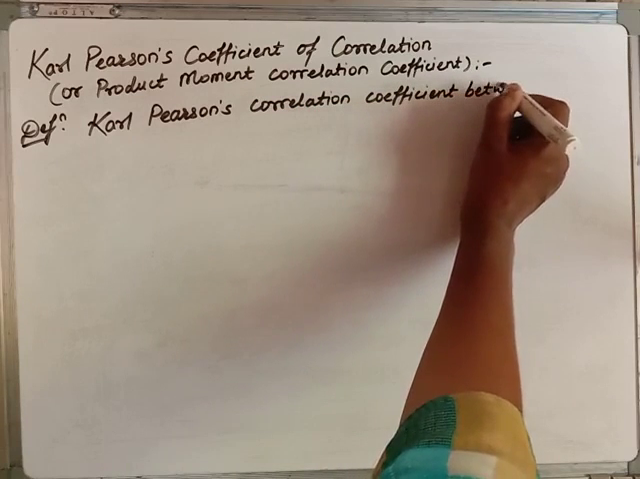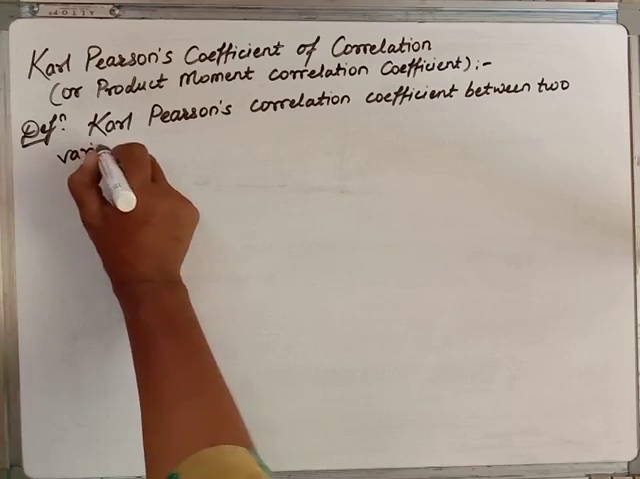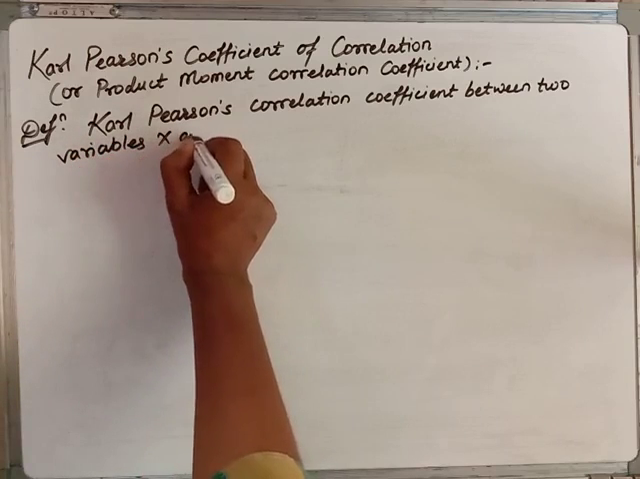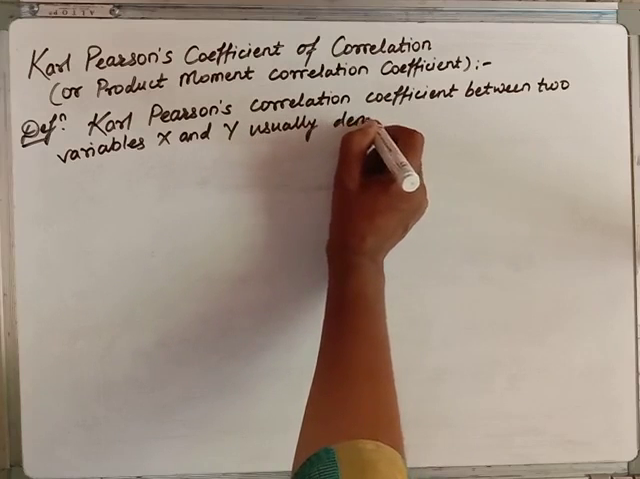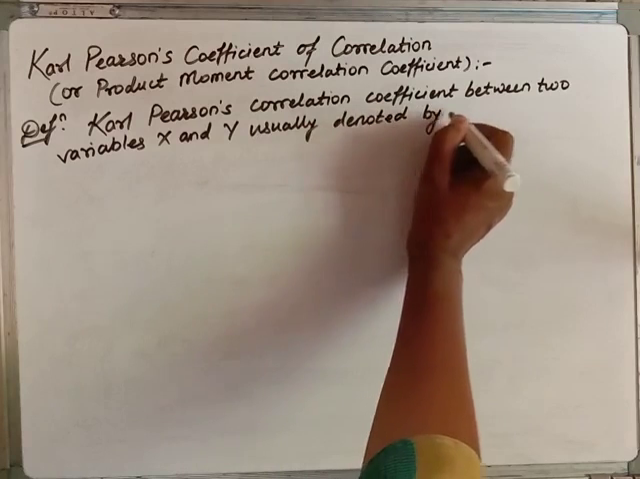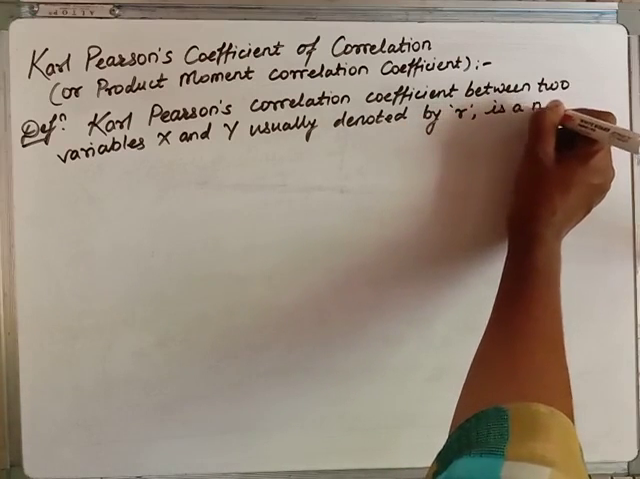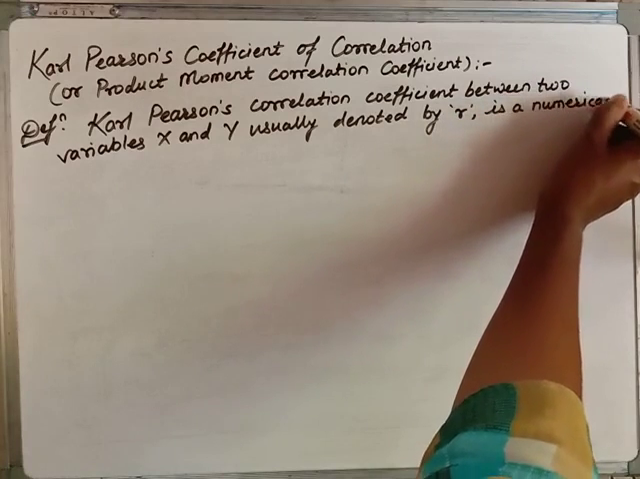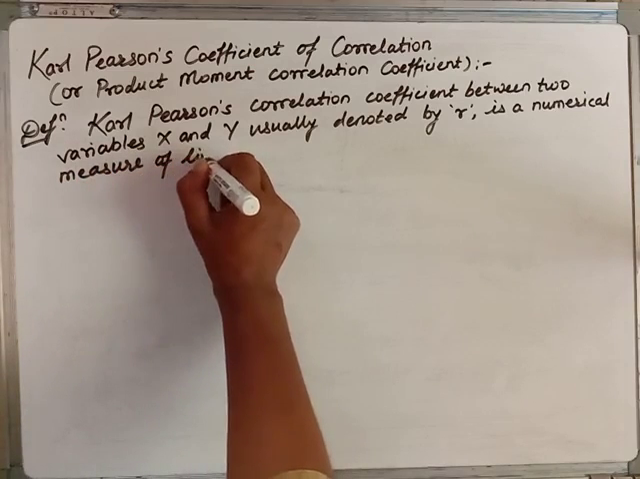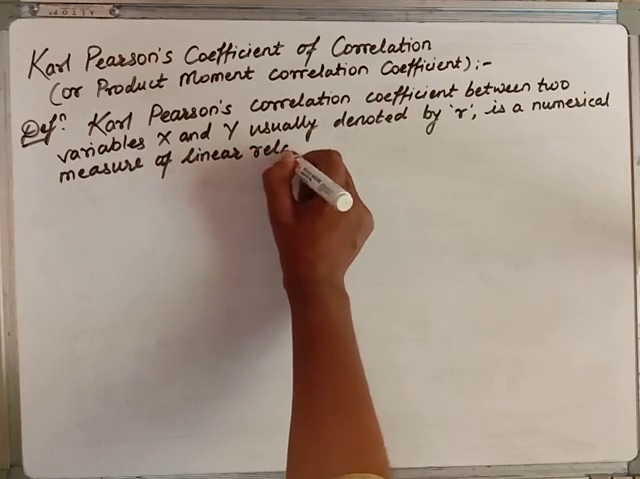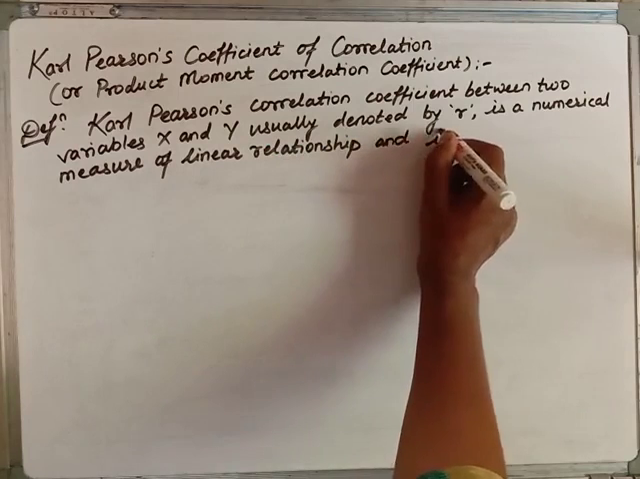between two variables x and y, usually denoted by R, is a numerical measure of linear relationship and